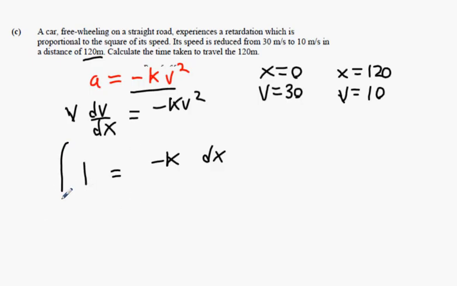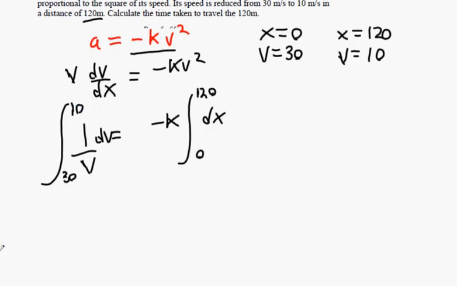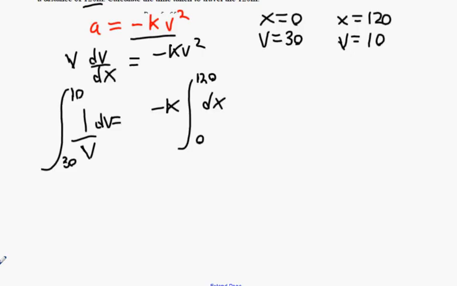I'll move that 1 over v to v, and then k times dx, 0 to 120 and 30 to 10. Now, there's a little bit of jigging to be done here,